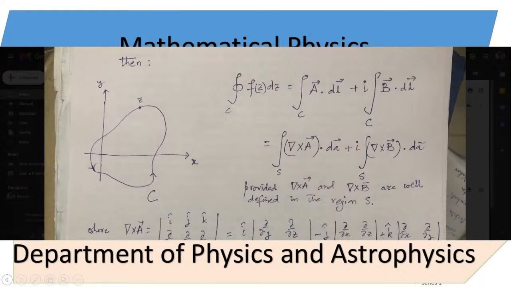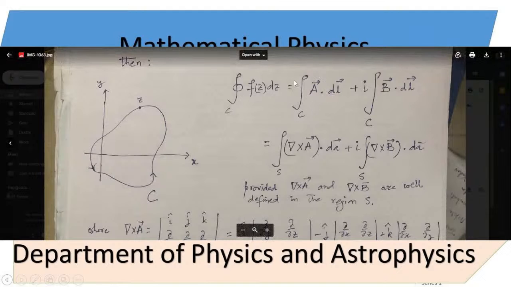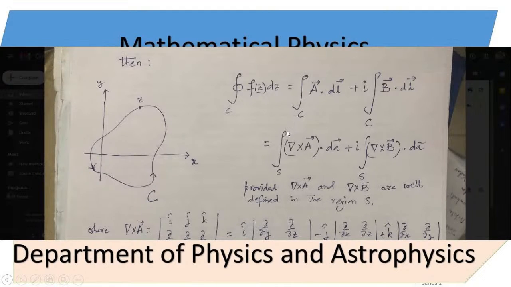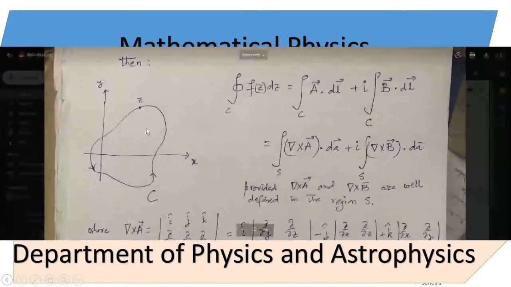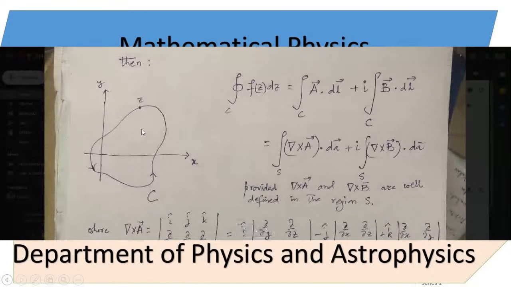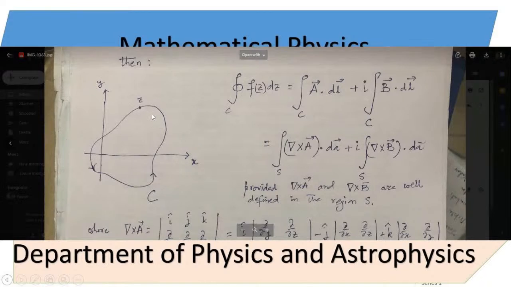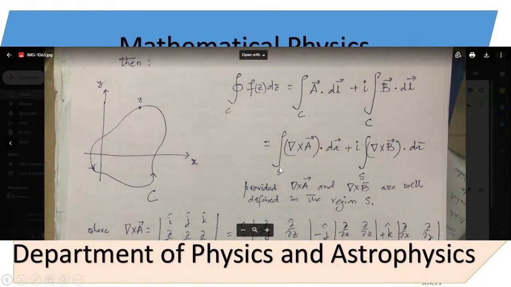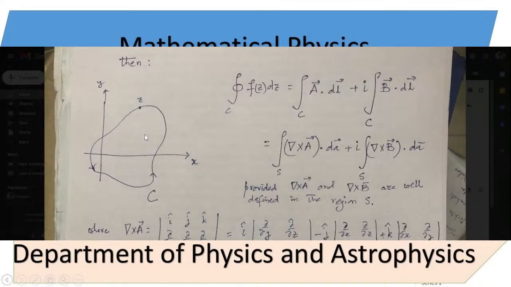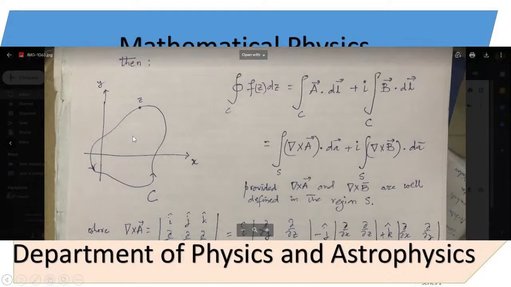i times the integral of B dot dl along the contour in the anti-clockwise direction. In your BSc days, you know that A dot dl over a closed curve, due to Stokes' theorem, is given by curl of A dot dA. What is dA? dA is the surface element on the region bounded by the contour C. That region can be called capital S. dA is a small area element and the direction is perpendicular to the surface. In this case, the direction of dA is along the z direction